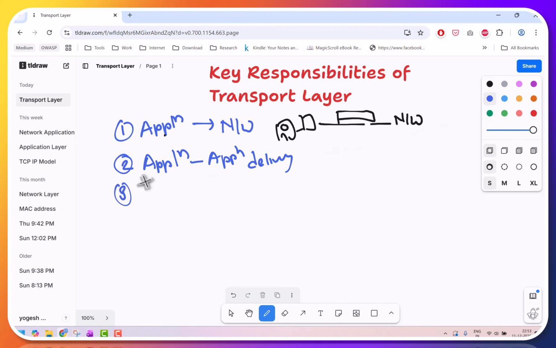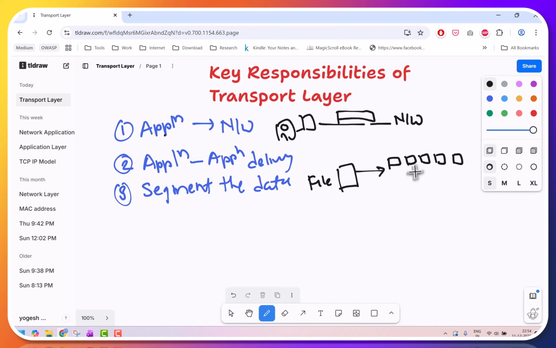Then the third is segmenting the data. How does this happen? When you send data, you see it as a file, for example. You upload the file for sending. It is the task of the transport layer to split this data into small segments and push it to the network.